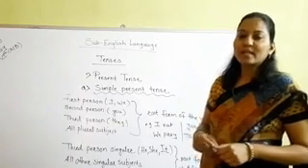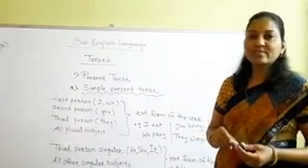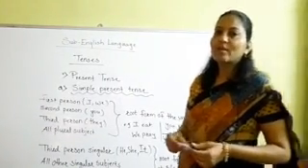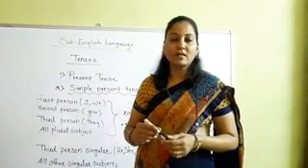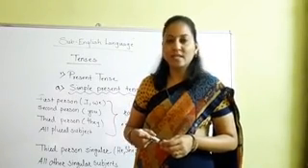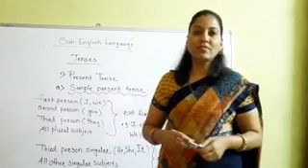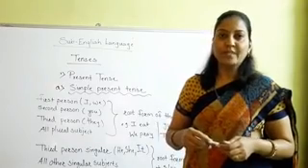Now students, see simple present tense. What is the formula or what is the rule of simple present tense? When we are talking about the simple present tense, generally we are using the formula verb plus s or es. Okay, we are using the main verb and we are adding s or es to the verb. But